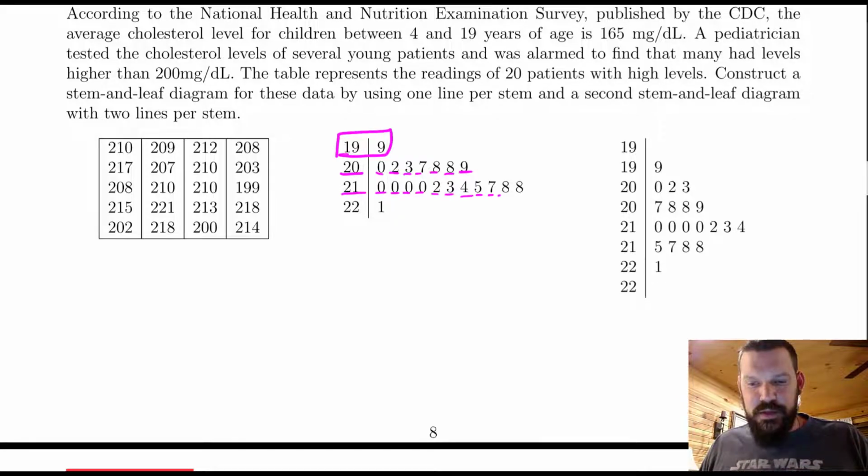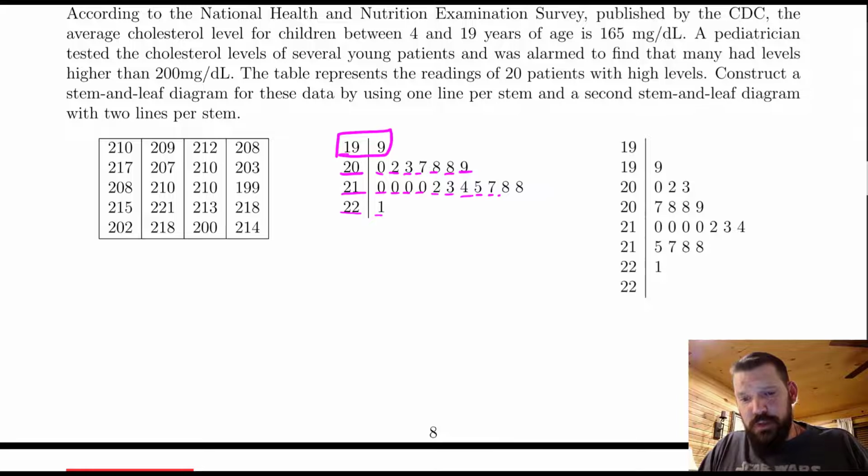I think I said pounds a minute ago. I'm getting stuck on weights. But this is cholesterol levels, so it's milligrams per deciliter. And then the next one is 221. That was the highest value. That was the only one of its kind. So this is